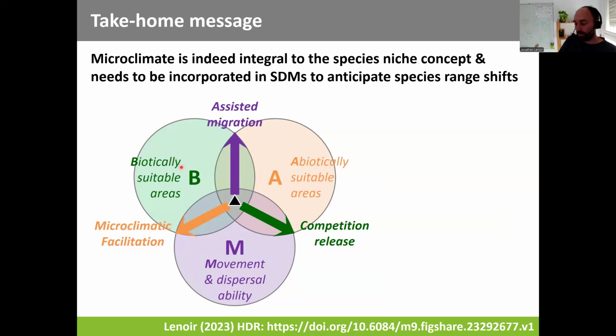It will affect a lot the outcome of the SDM exercise, especially for estimating and anticipating the biodiversity redistribution under future climate change. So if I come back to the BAM framework of the niche concept with biotic, abiotic, and movement sets of variables, then the intersection between those three will not be enough to capture microclimatic condition, and you can more or less assume that microclimatic facilitation, for instance, due to tree canopy here in forest ecosystems, will be depicted in this part of the BAM diagram, where you have